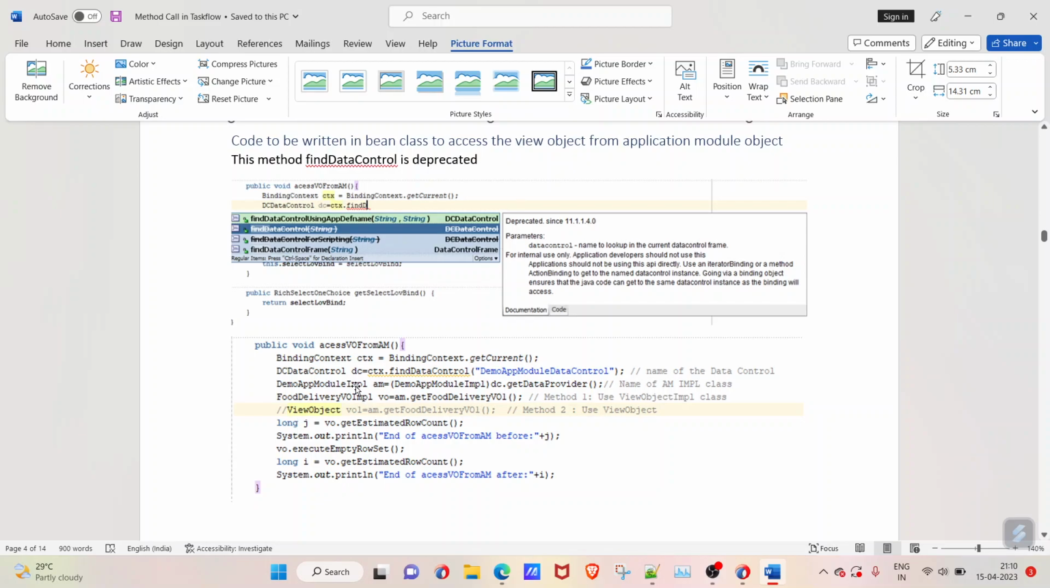But you can see one more thing here, the find data control method is used, which is shown as deprecated. So I won't suggest you use this, though you can access it using this application module AM object, right? You can access it. If you have a view object impl created, you can create an object of this and access it, or else you can use the normal view object to access the view object here. Okay,